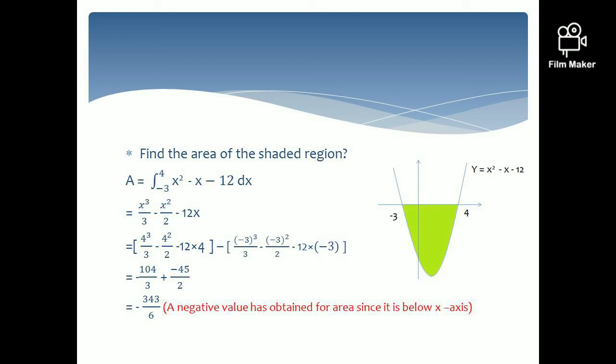If you work out this answer, you can see a very special feature. Your answer is a negative value. We know that area cannot be a negative answer. Then how does this value become negative? The reason is, you can see from the diagram, the enclosed area is below the x-axis. Always when you are working out this integration, you receive a negative answer for the areas below the